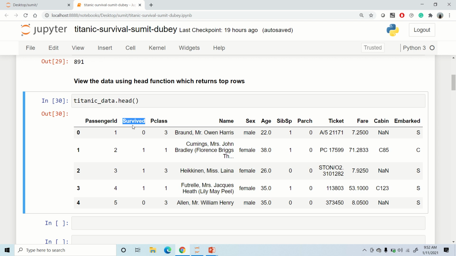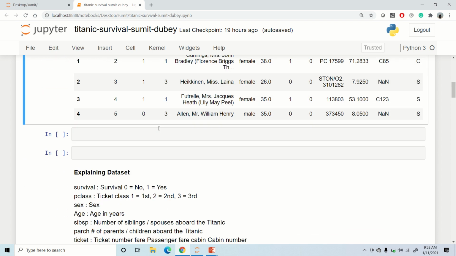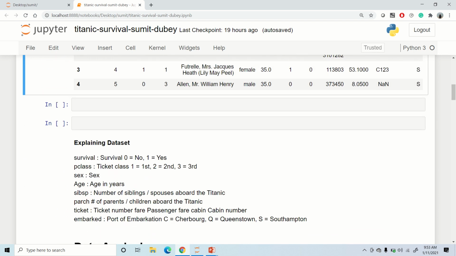So we are going to predict whether or not the passenger survived with respect to these variables: passenger ID, name of the passenger, the class in which the passenger was traveling, the gender of the passenger, age, the number of siblings along with the passenger was traveling, the number of parents or children along with the passenger was traveling, the ticket number, the fare of the ticket, the cabin number in which the passenger was traveling, and embarked, like the place from where the passenger has started their journey. So this is about the data, and the explanation regarding this data set is given here as well.